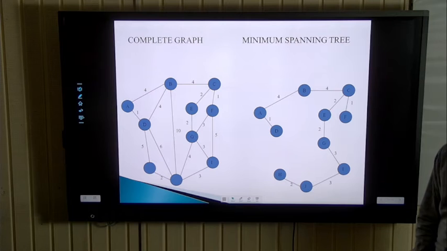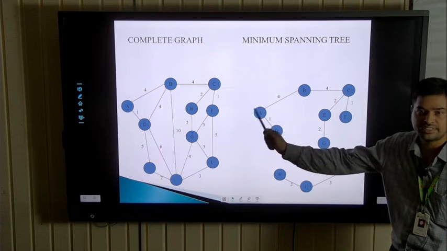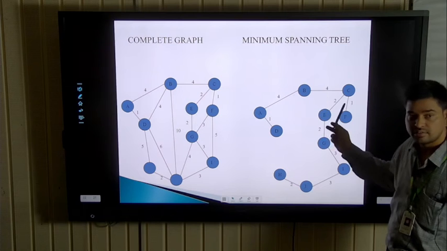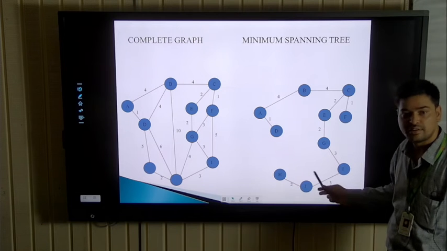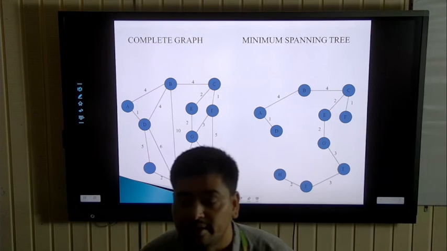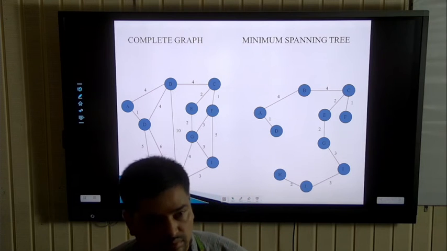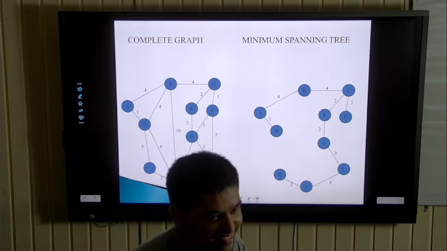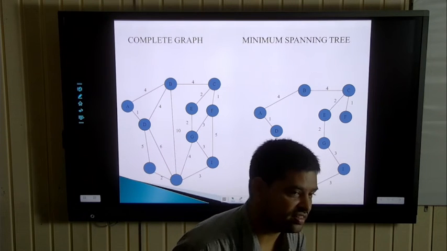Now the result of Prim's algorithm and Kruskal's algorithm are the same. How many nodes do you notice? 10. How many edges? 9. 1 plus 4, 5, 9, 12, 14, 17, 21. The Kruskal algorithm answer is 22. The design of the tree is also the same. Is there any issue? Ravinder? Not the same. These are not the same procedure. These are different procedures.